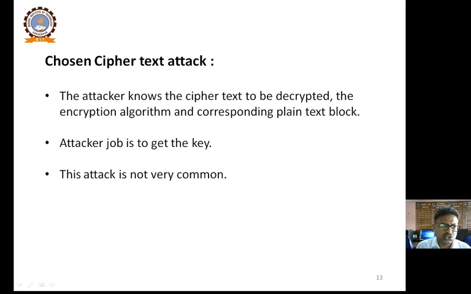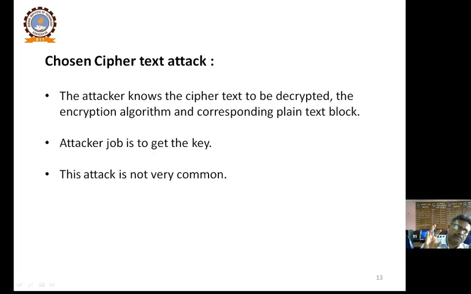The next one is the chosen ciphertext attack. Now, this attack is not a very common type of attack. In this particular attack, the attacker knows the ciphertext to be decrypted, the encryption algorithm as well as the corresponding plaintext block. अगर अटैकर को ciphertext मालूम है जिसको उसे डिक्रिप्ट करना है, उसको encryption algorithm मालूम है कि कौन सी encryption algorithm यूज की गई है, और उस ciphertext के अगेंस्ट में plain text block क्या है, क्योंकि इसमें total